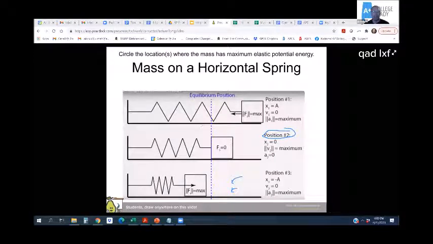So let's say now that we stretch the object back, and let's go up to position number 1. So we grab the object and we pull it back to a displacement of A. Remember, A here stands for amplitude. That's the greatest displacement. So we pull it back to the greatest displacement, and then we let it go. As soon as we let it go, since it's at maximum displacement, due to F equals negative kx, Hooke's law,